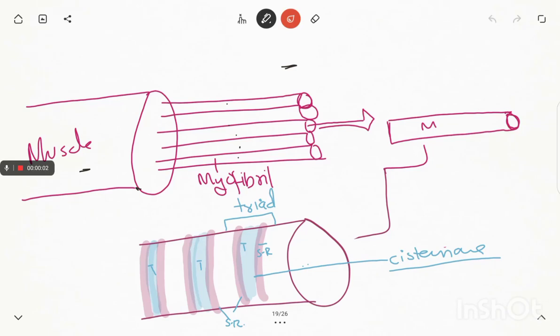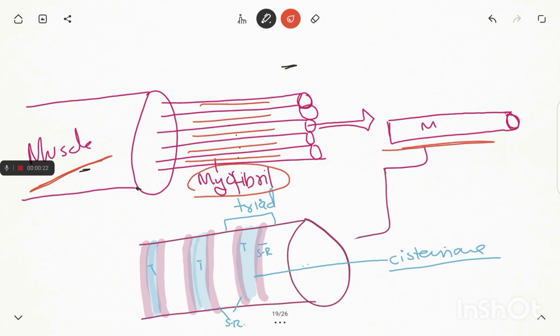Okay, now we'll understand the action potential that is generated at a muscle and the overall structure of a muscle. So when we talk about muscle, it consists of bundles of myofibrils. There are numerous myofibrils, and the bundles of myofibrils constitute muscle. Now, if we look at myofibril in close detail, basically myofibrils are surrounded, covered